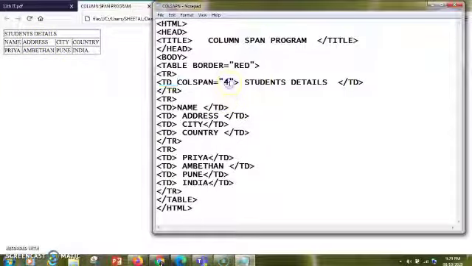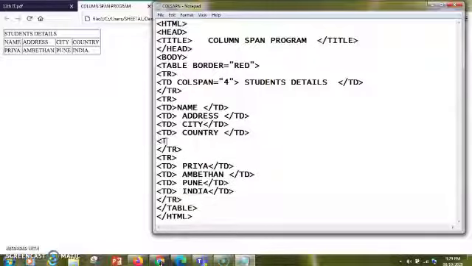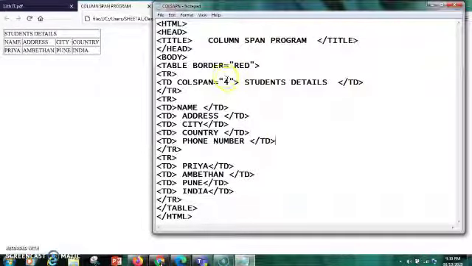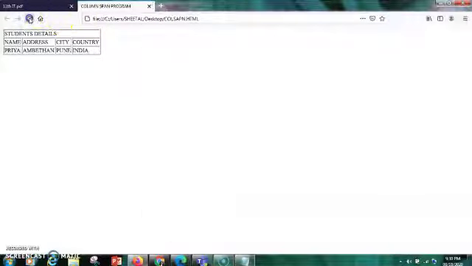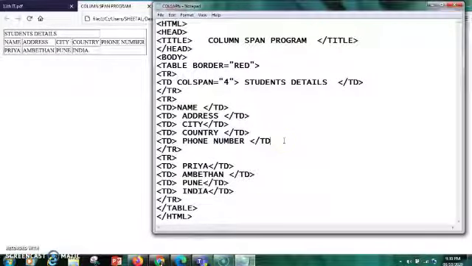If you write a value here as 4 and you are giving the entries 5, see then what happens. If I give an extra entry here like phone number, it will mismatch the value, because here you have written 4 and you are giving the values here as 5. Now you'll see that there is a change in the output. This is not the output which you desire. So always try to match it.